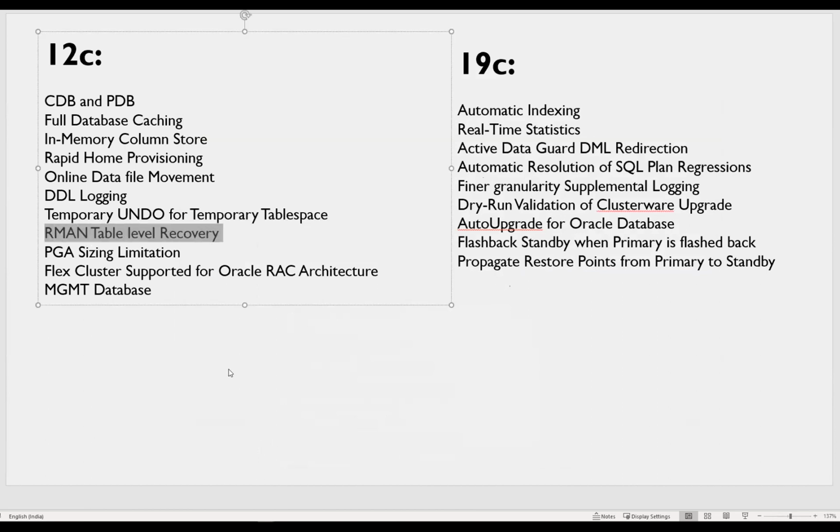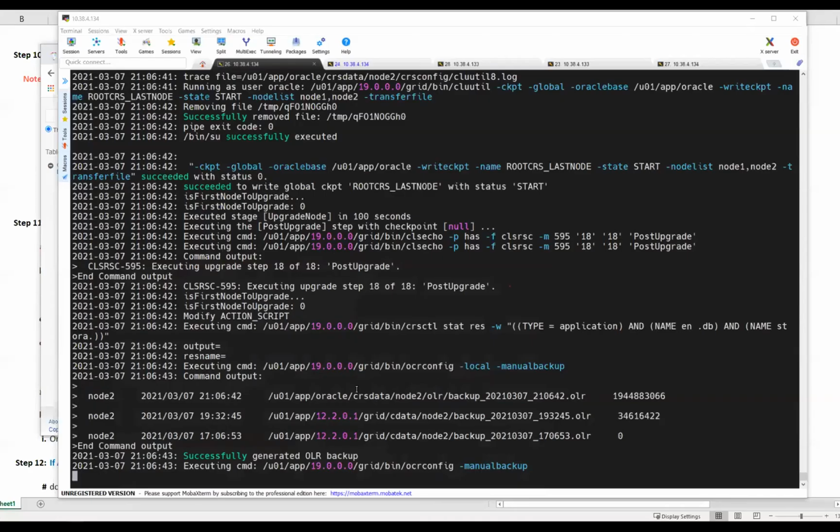Nobody knows how, if you lose your production table, you can get it back. If you have a backup, how can you restore your table from the backup? It is a very brilliant 12C feature. You can just extract a table out of your backup. These are exciting features that I'm going to cover in our next topic.